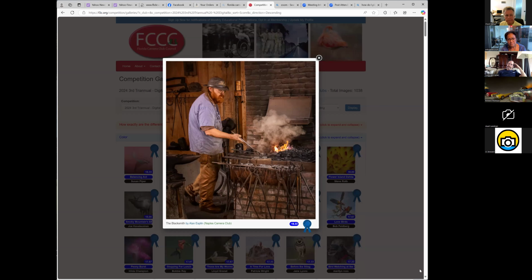The blacksmith. All right. To your point, Chuck and Pat, this photo is boring to me. Could you think of a more boring point of view than the one that's being shown? The colors are all over the place. If you're talking about firing up something in a blacksmith shop, and all I see is a guy, I don't get it. To me, that's not an 18. That's the 14. And that frog that you showed before should have been up there. But that's only my opinion.